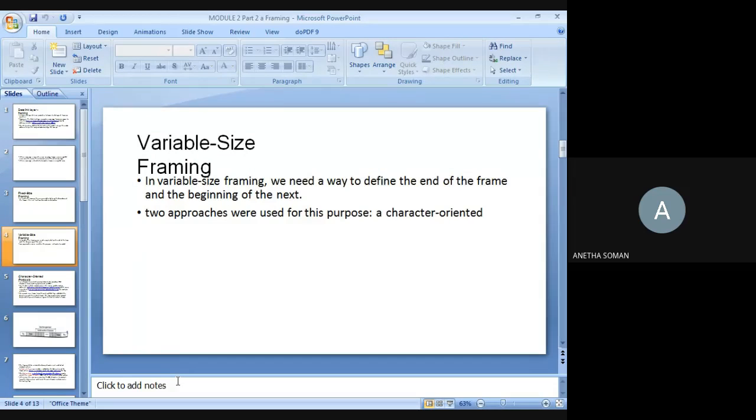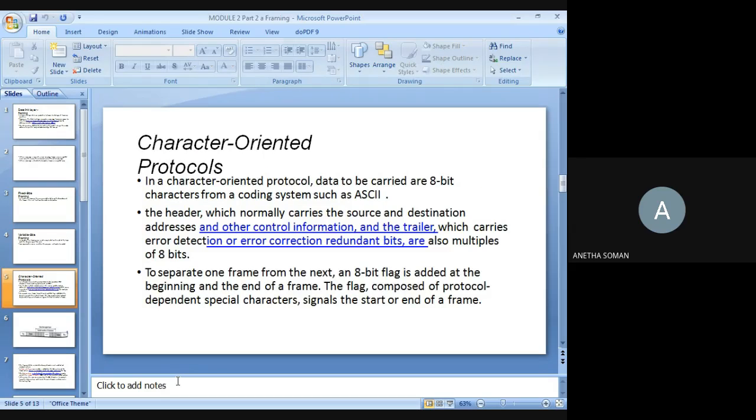One is called the character oriented approach, and another one is called the bit oriented approach. You should recollect this, we have already studied all this. Just remember the two types of approaches in variable size framing: character oriented and bit oriented.